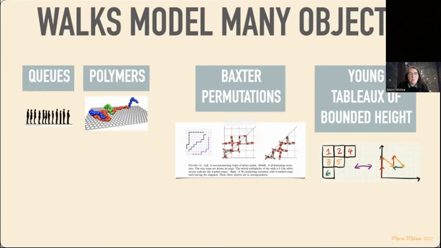Young tableau of bounded height is a lovely paper. Even I think Doron looks at this in some general height, and just finding the class of lattice paths that encode the Young tableau of bounded height. Okay, so here again, you might have to go up to higher dimension. You're going to have to go to higher dimension, but the point is that lattice walks actually can encode many of the classes that we're interested in. We've already seen these Baxter permutations, Young tableau in Stanley's list. So already we're kind of happy.